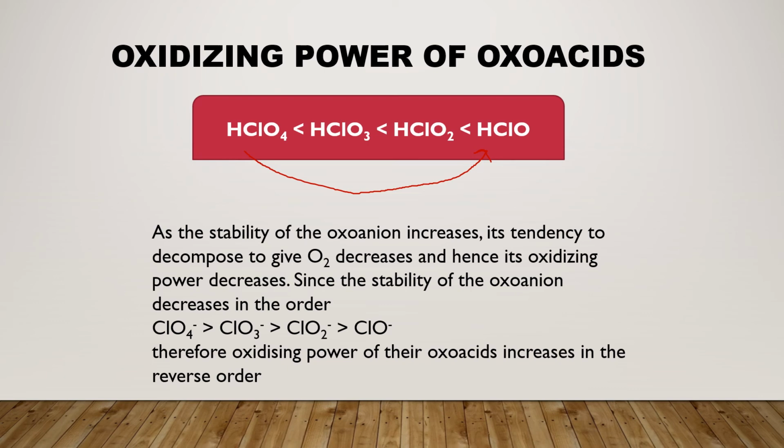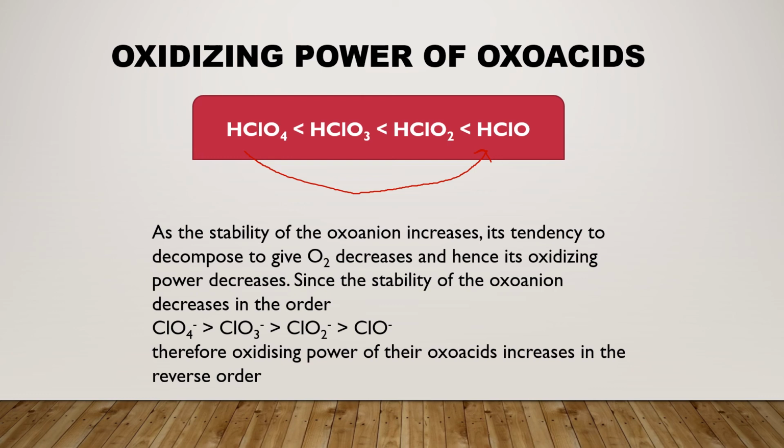See, as the stability of oxoanion increases, its tendency to decompose to give oxygen decreases, and hence its oxidizing power decreases. Since the stability of oxoanion decreases in the order as mentioned here, therefore the oxidizing power of their oxoacid increases in the reverse order. As you can see here,